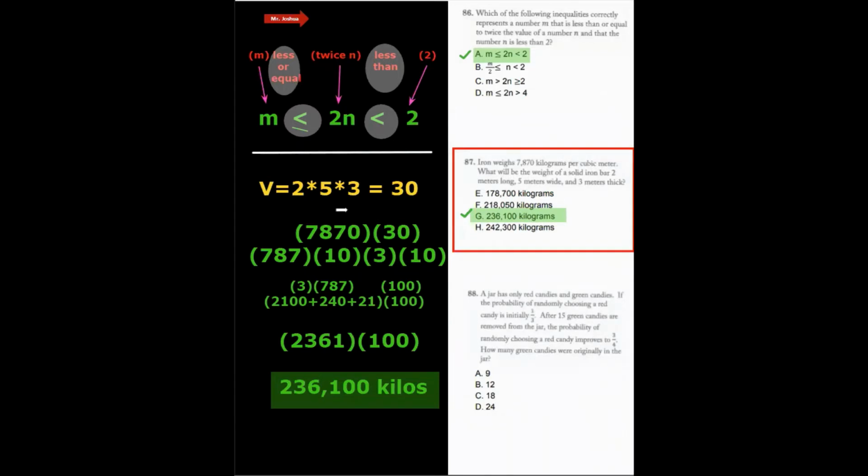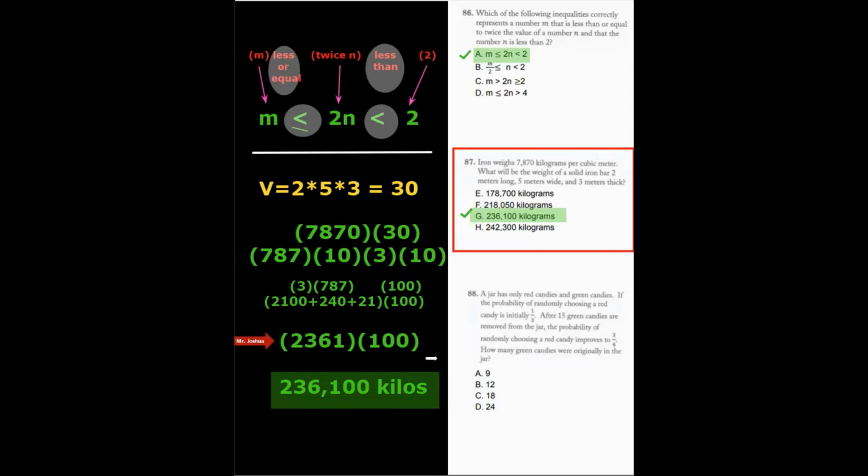To make the math easier without a calculator, I rewrote 30 as 3 times 10. I wrote 7870 as 787 times 10. Then commuting the terms, I have 3 times 787 times 100, which is that 10 times 10. Now I'm down to 3 factors. 3 distributed into 787. Well, 3 times 700 is 2100. 3 times 8 tens is 240. 3 times 7 is 21. Adding the 3 together from my distribution of the 3, we have